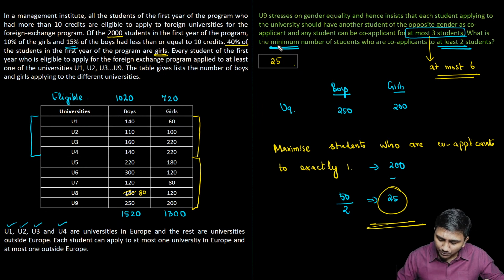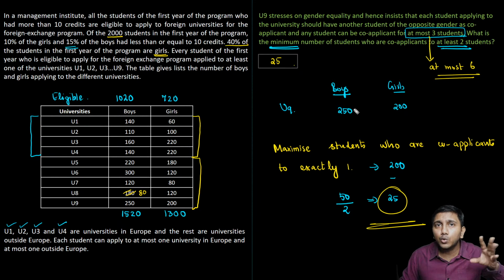Now, I'll have to minimize the number of students who are co-applicants to at least 2 students. So first, I'm trying to maximize students who are co-applicants to exactly 1, because you cannot not have a co-applicant with University 9. You should have a co-applicant. So exactly 1, if I have to maximize, only 200 girls, but 250 boys. So I can first try and pair those 200 girls to some 200 boys as co-applicants, right? So it initially looks like, okay, I can have 200, but there are 50 boys who are left out who don't have co-applicants. So now from these 200 girls, some of the girls will have to become co-applicants to more